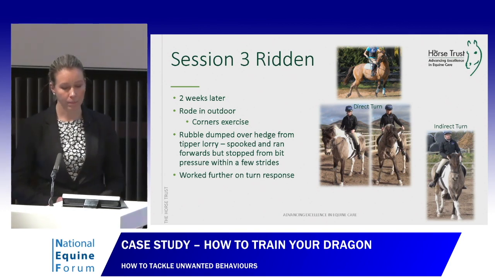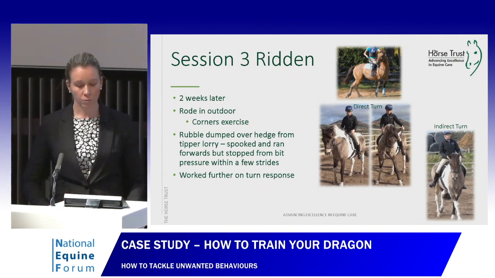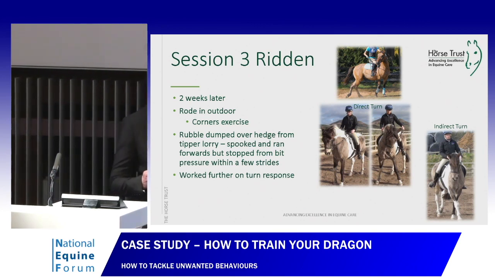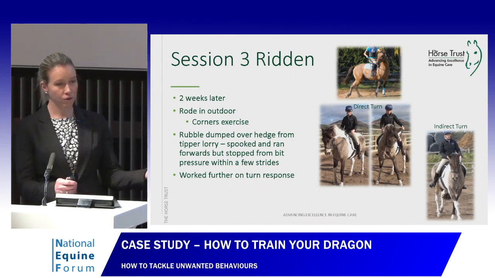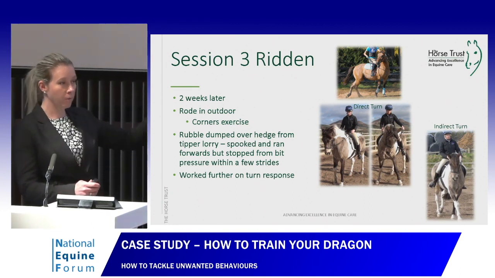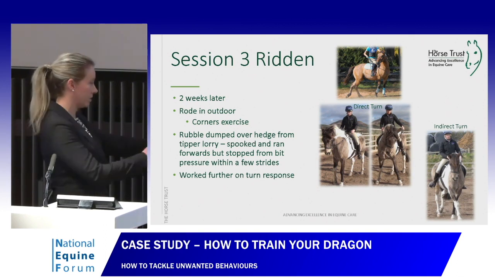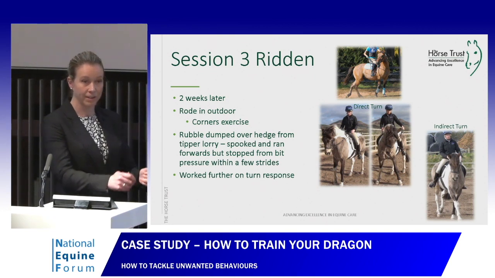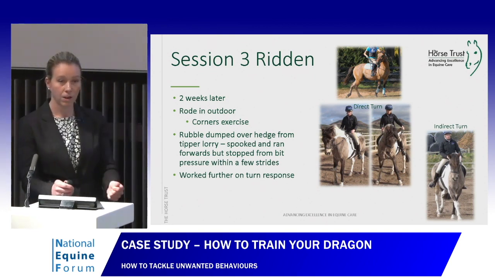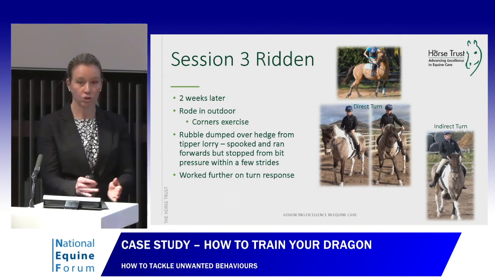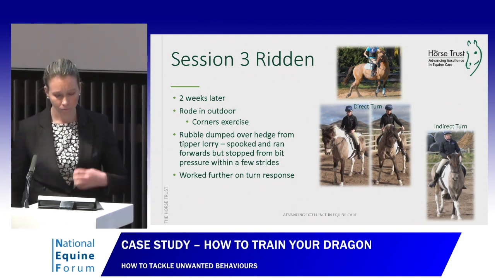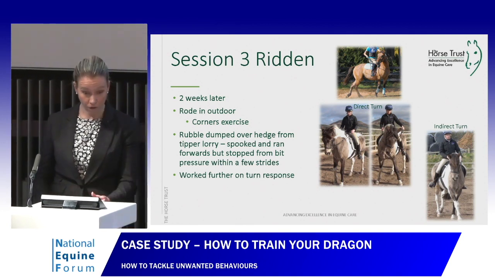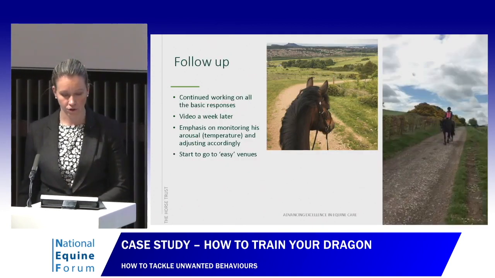We also taught him a little bit about the turn response, because when horses nap, people point the head and neck in one direction and the shoulder goes in a different direction. So teaching them that if you move your hand away from the horse's neck, I want them to move that foreleg away from their body that starts a turn response. But equally, if you almost neck rein, put your hand against the horse's neck, they move their shoulders away from that. So then you can use both reins to position the shoulders exactly where you want them. I want our hand and our leg cues to communicate with the horse's feet in the first instance, not with their head and neck position.